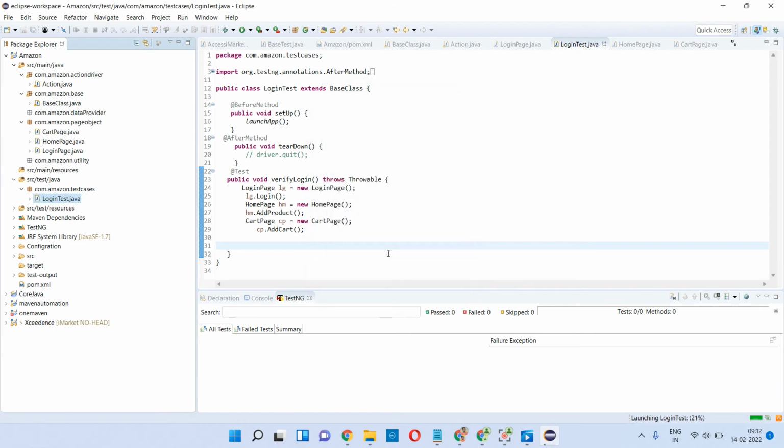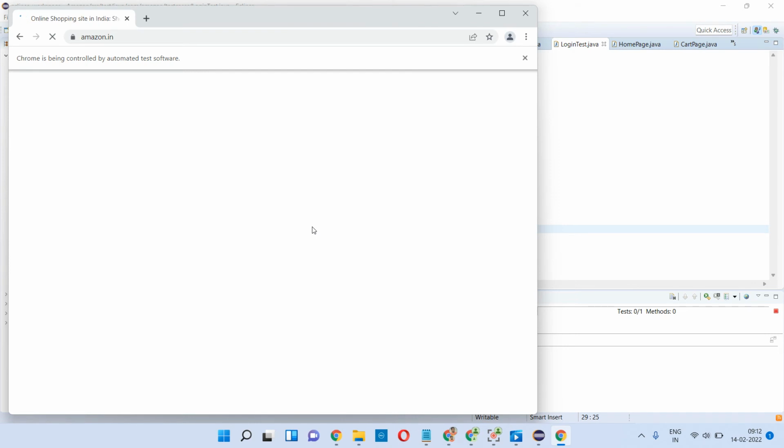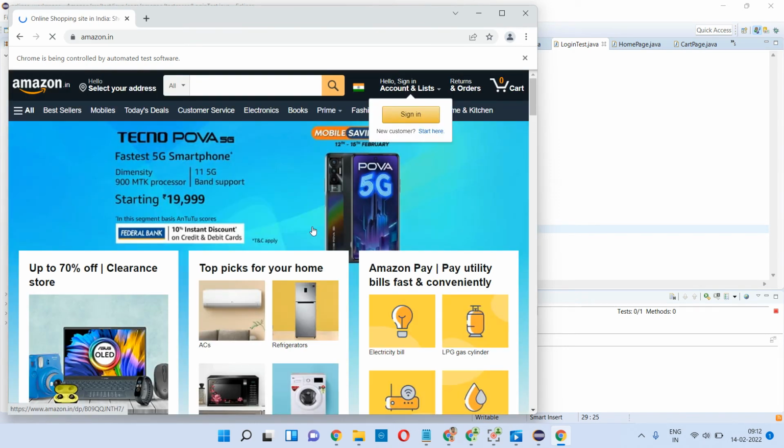I'm running it. It is taking time to execute my page. The browser is launched, then it will maximize. You can see it, right?